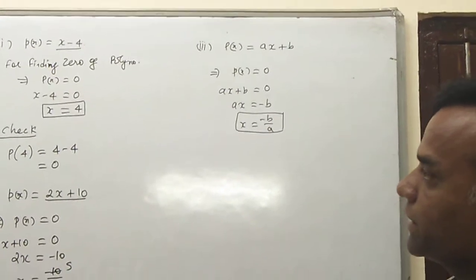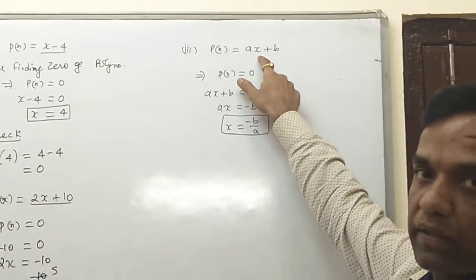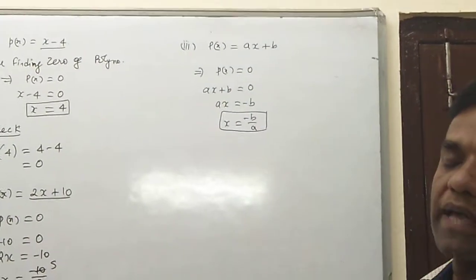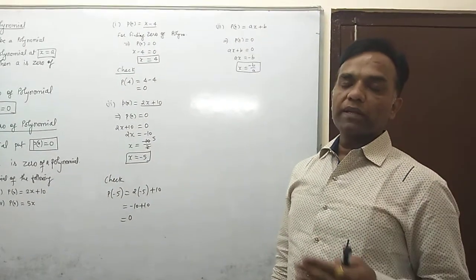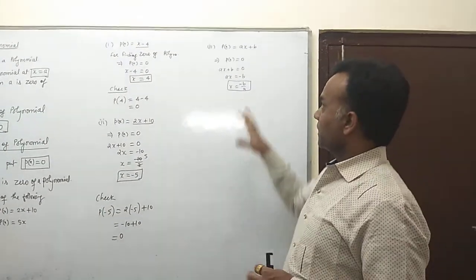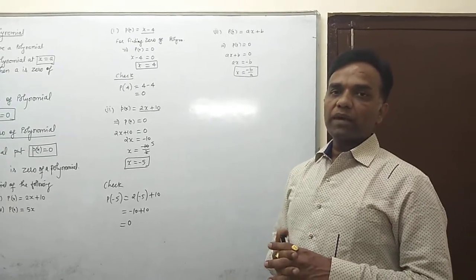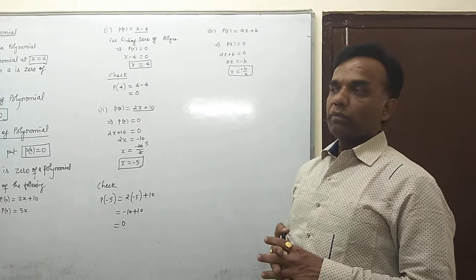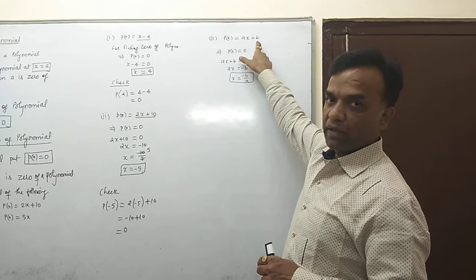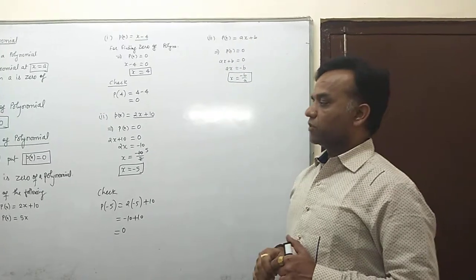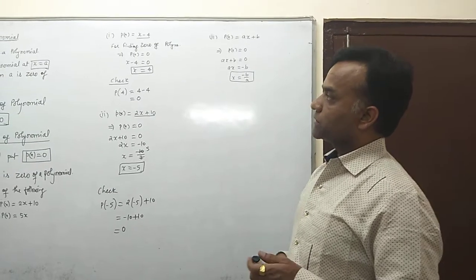So now we say that this is the linear polynomial, because its degree is 1. We have types of polynomial, which we define as linear polynomial, quadratic polynomial, cubic polynomial, biquadratic polynomial, defined with the help of degree. The degree defines the types of polynomial. The number of terms also defines the types of polynomial, like here there are 2 terms, so it is a binomial. If a single term is given, then it is a monomial. If 3 terms are given, then it is a trinomial. In this way we also defined the types of polynomial in the previous video.